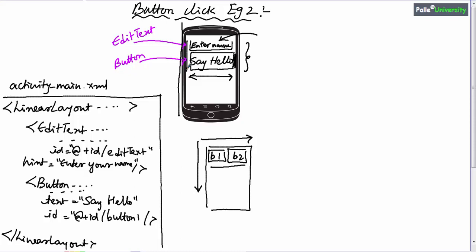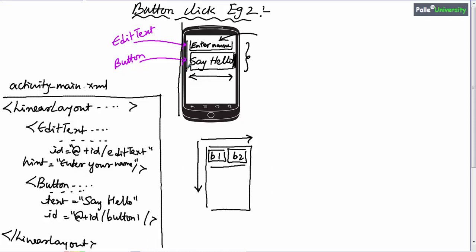As of now, remember, for better screen design, in place of relative layout, we will go for linear layout. And one more point is, linear layout by default comes with horizontal orientation.